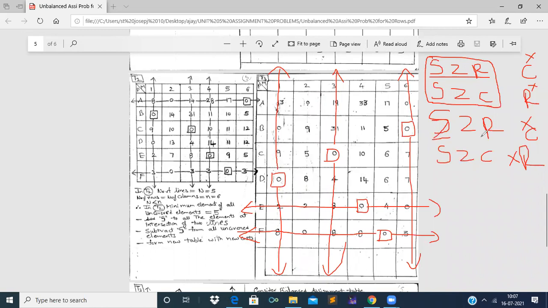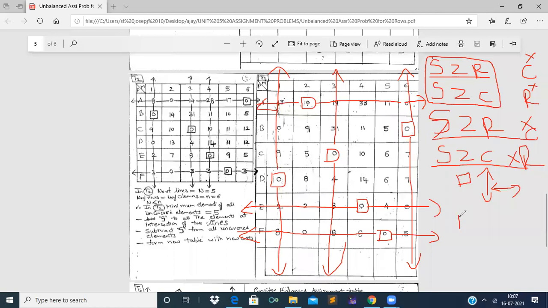As single zero row search is finished, now we go for single zero column search. See here in the second column, only single zero is present. Therefore, we put this zero in a box, that is we give assignment. As we are searching for single zero column, we strike off the row, first row, as the assignment is made in first row. Now, see all the zeros, they are either in a box or they are under a line, right? Therefore, all the zeros are exhausted.